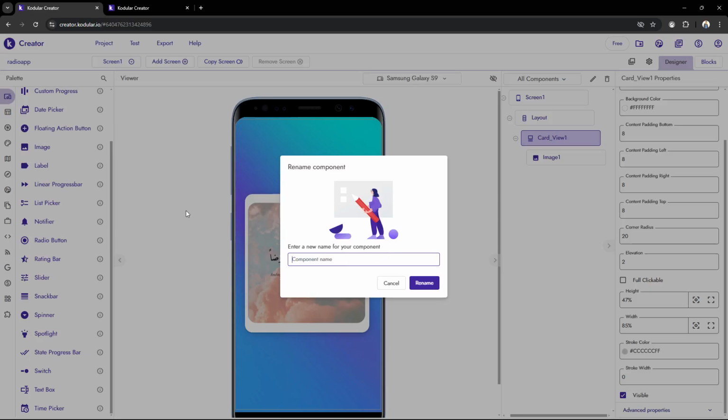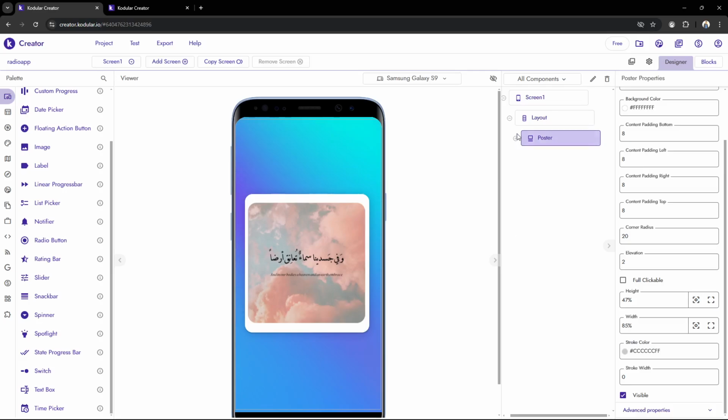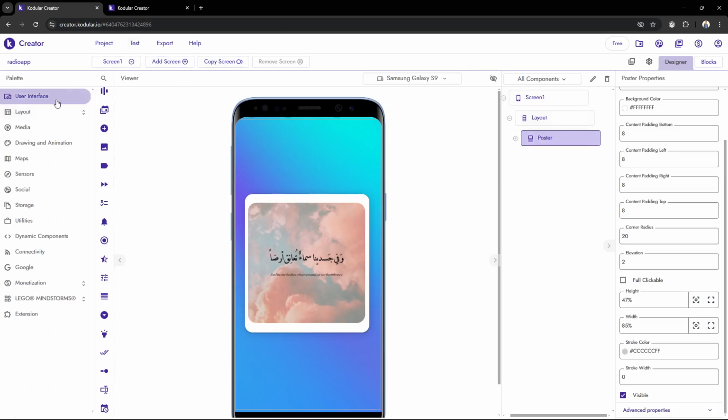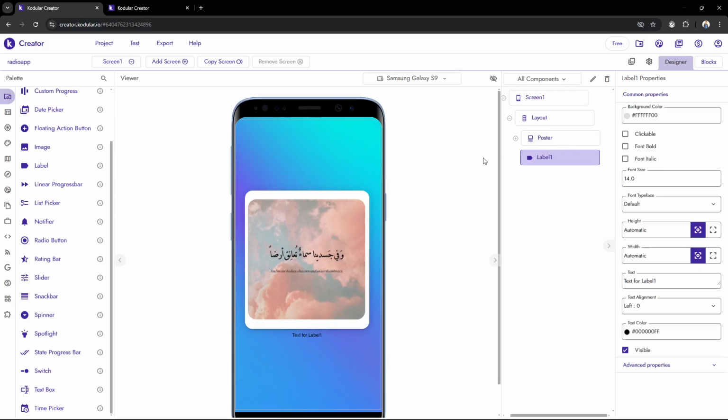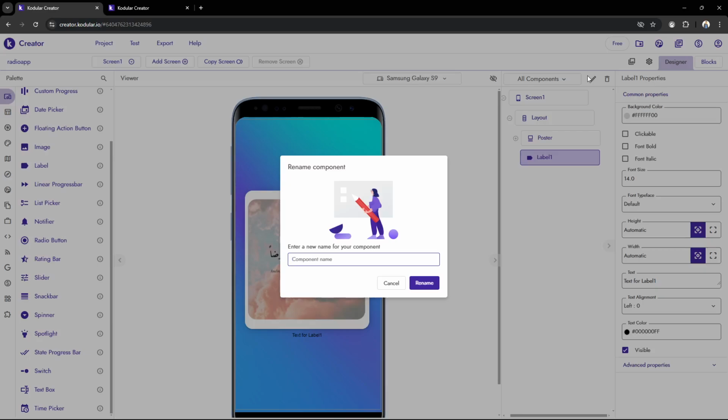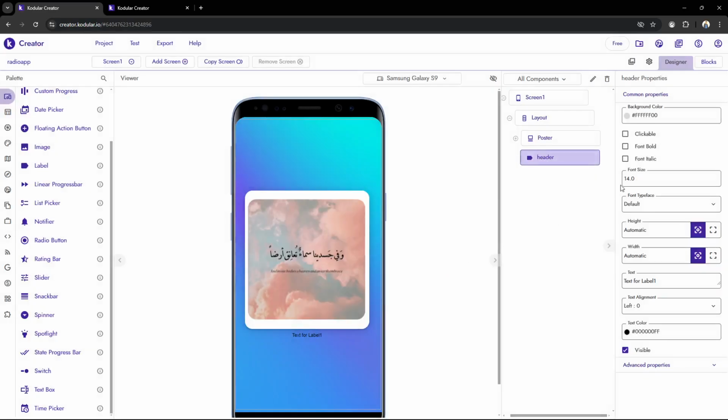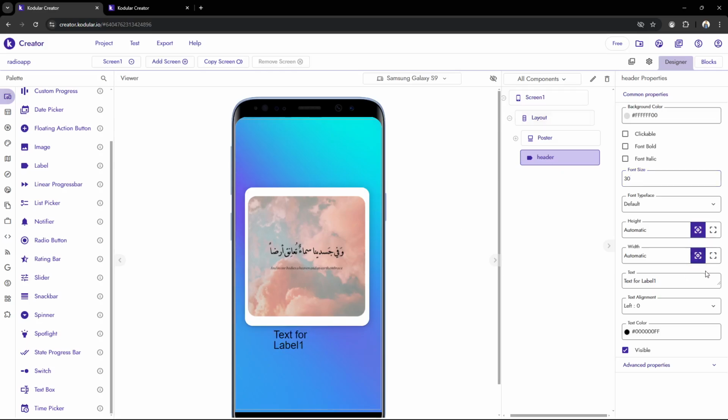So the next step, we'll add a label below the card view, and don't forget to rename the card view to poster. Then go to the user interface, take the label, and put it below the poster, the card view. For the label, rename it header. For the font size, we'll increase it to 30. Then set the width to fill parent, and the text alignment to center, and then change the text